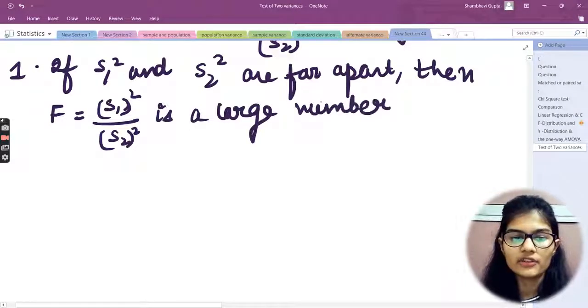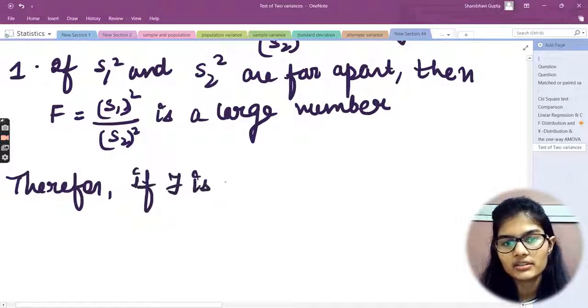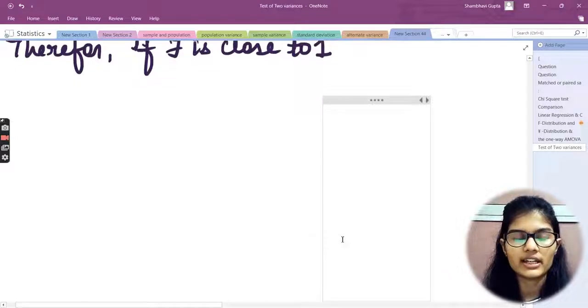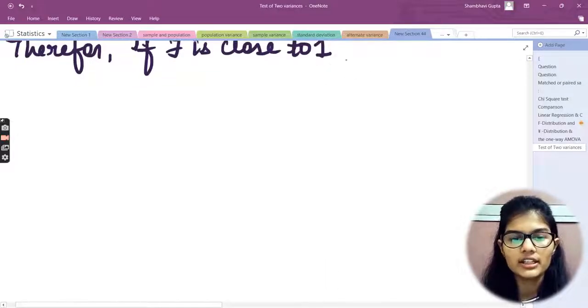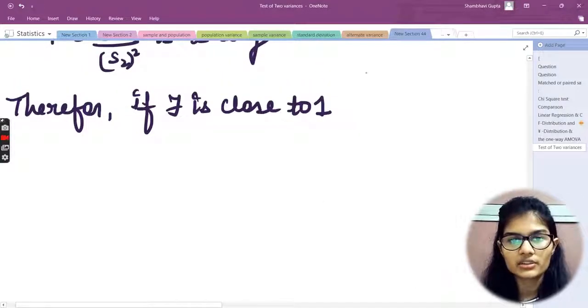Therefore, if F is close to 1, in that case